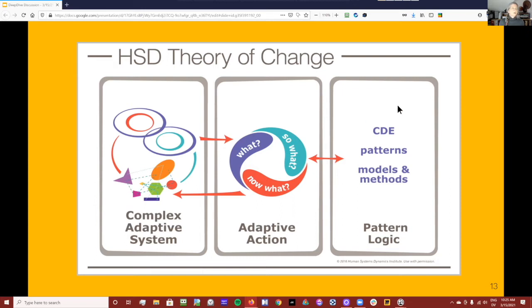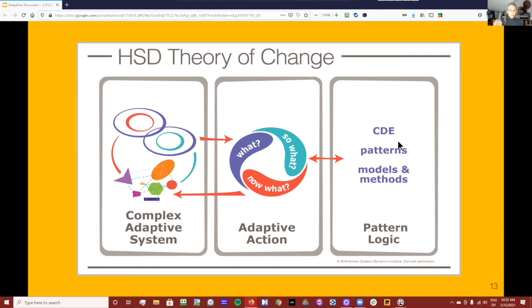And so in HSD, we use what they call mid-level abstractions, but these are basically just really simple, really applicable ways of examining this. So this whole complex, this little picture is really high level, is really abstract, doesn't mean anything to anybody. It's hard to sink into. So we use the various models and methods to make it more applicable to everyday people and to dig into it.